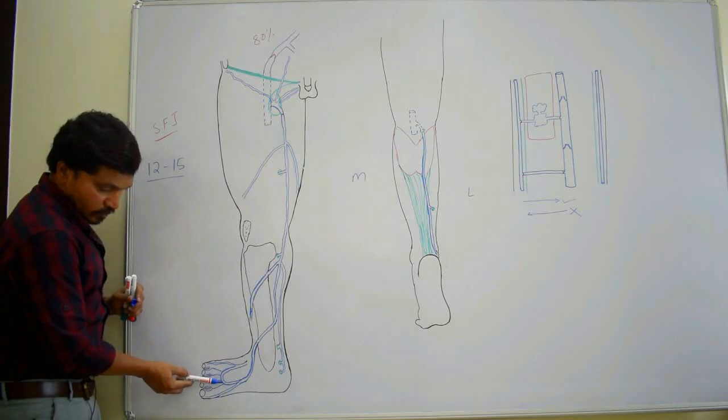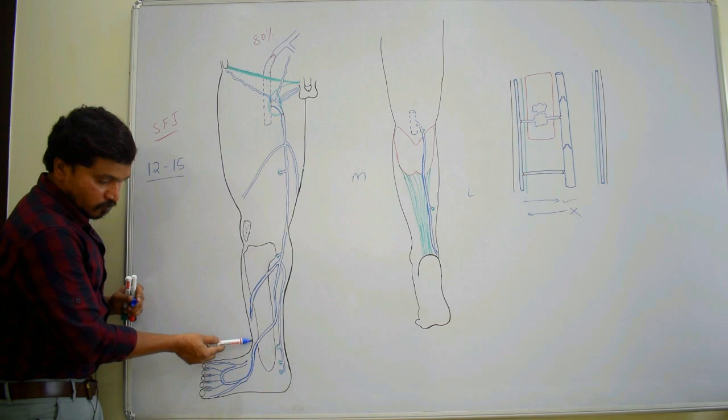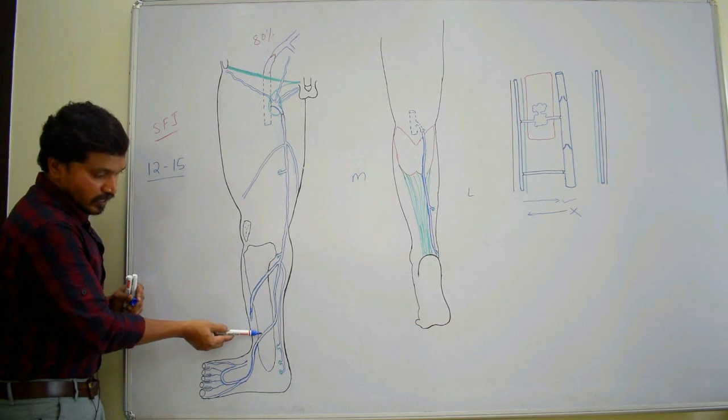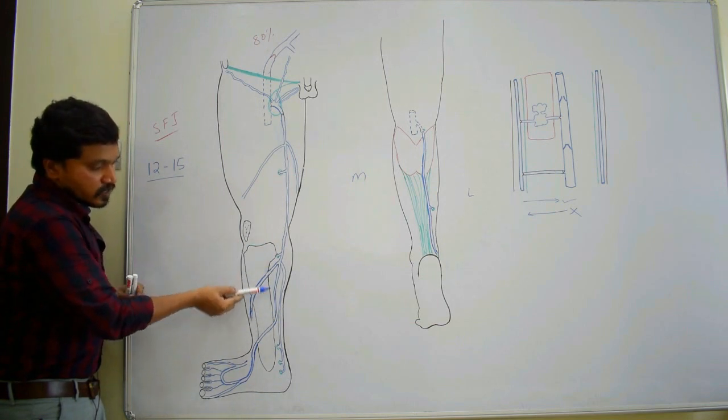Great saphenous vein is formed by the medial end of the dorsal venous arch, the medial marginal vein. It ascends upwards 2.5 cm in front of the medial malleolus. Then it crosses the medial surface of the lower one-third of the tibia. Then it runs upwards along the medial border of the tibia, a finger breadth behind the medial border of the